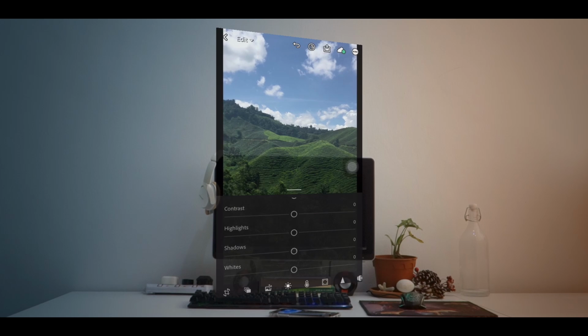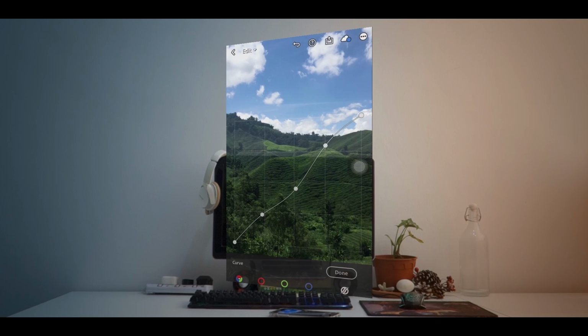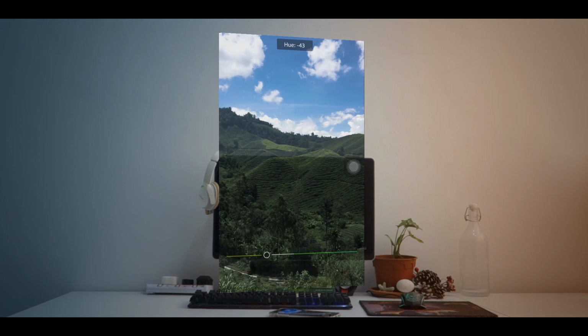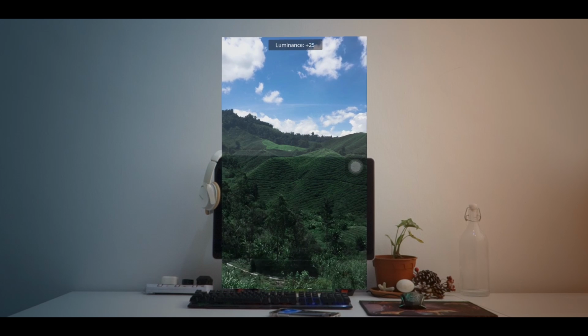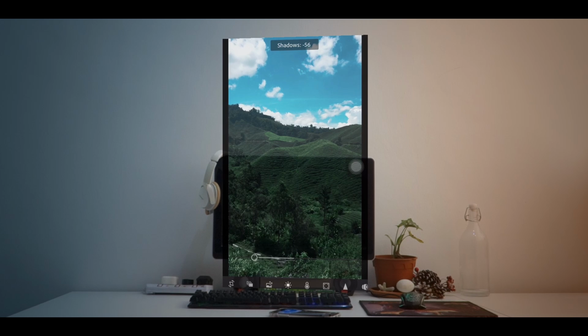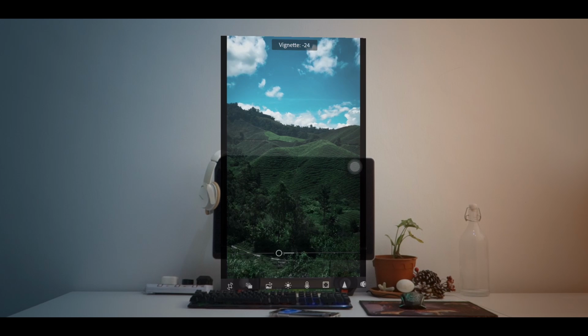And because Lightroom provides a lot of flexibility for you to edit your photos, you can change your exposure, your shadows, your highlights, your contrast. Other than that, you can change the temperature, the tint, or you can go even deeper. You can use the hue versus hue, where you can adjust the hues to the color that you prefer, and then you can adjust the color of your highlight, the color of your shadow, and